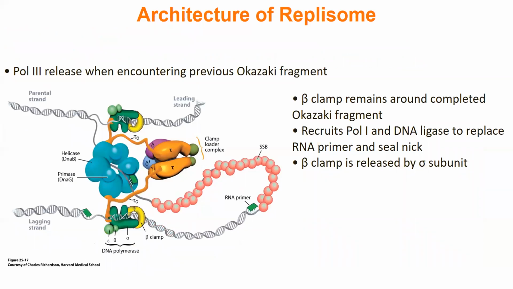So this is what I just talked about, but when poly3 hits that RNA of the previous Okazaki fragment, it falls off. The beta clamp stays there. Polymerase 1 comes in, binds to that beta clamp. You remove the RNA, and then you will put in new DNA. And you'll connect the new DNA together. So all of the RNA will go away, it gets chopped up. You put new DNA